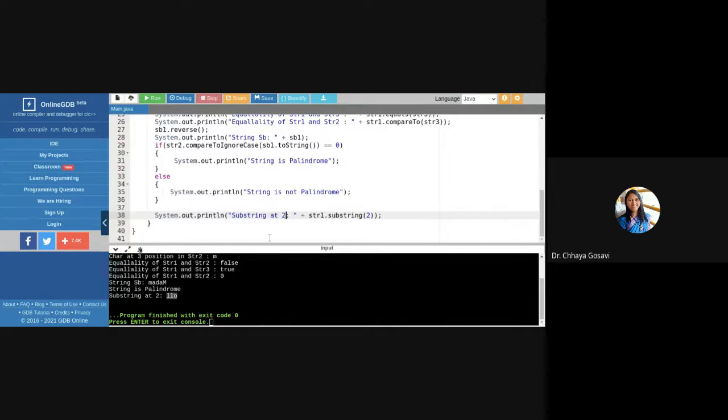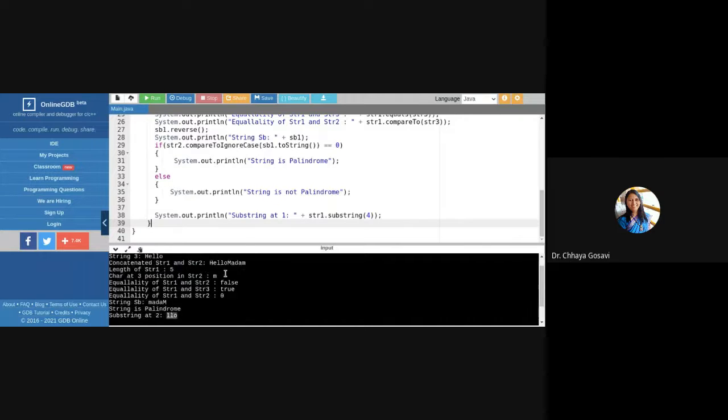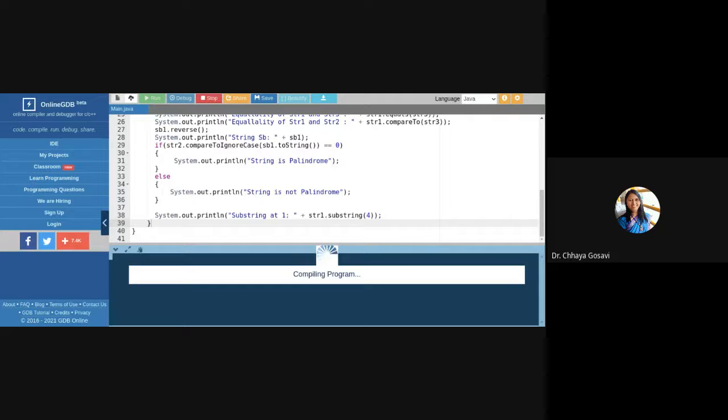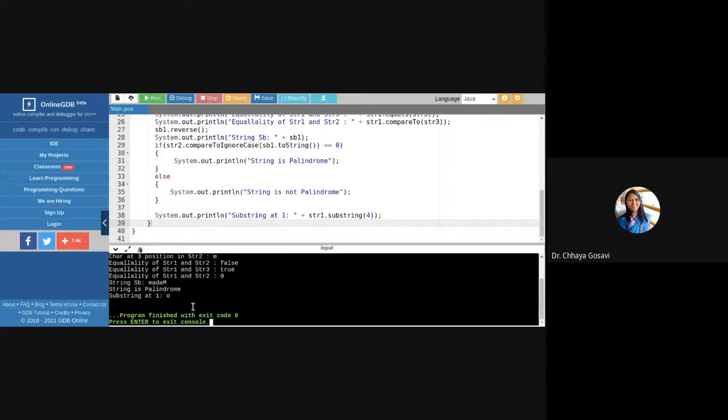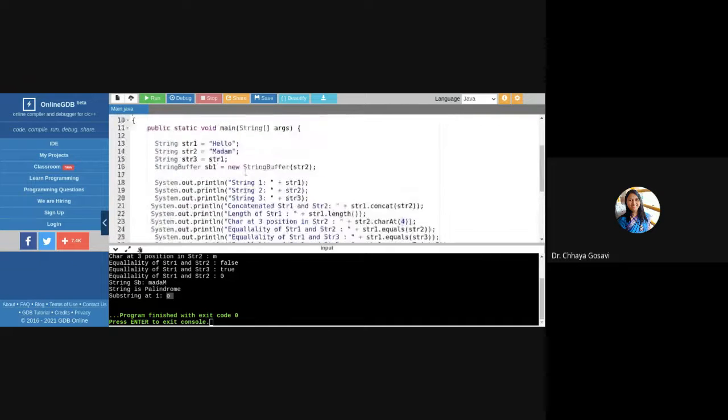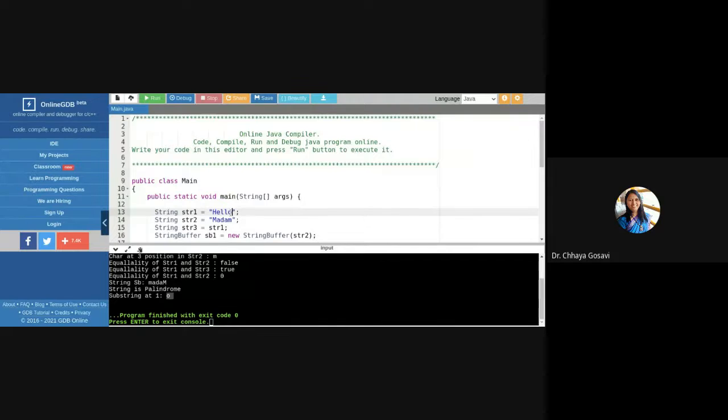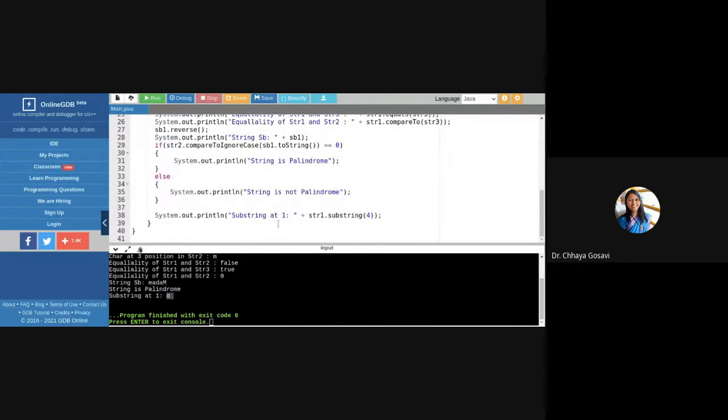And if you give here from 1 to say 4, what is the length of the string? It is 5. So we can go up to 4. So what will it print? Okay, it has just printed O because I have just given one index, 4. The fourth one is O, that's why it has printed O. If I want 1 to 4, then here I have to give two indices, 1 comma 4, start index and end index.